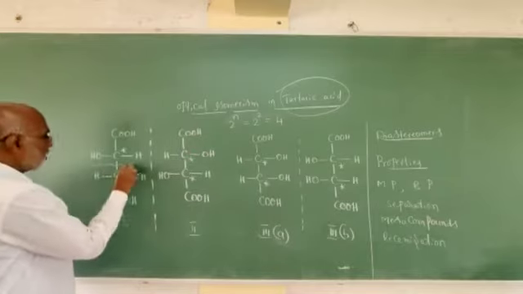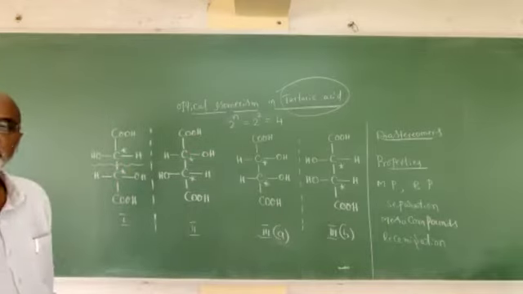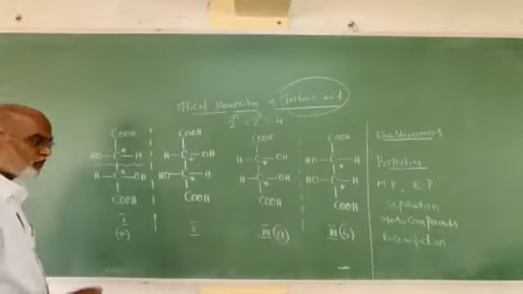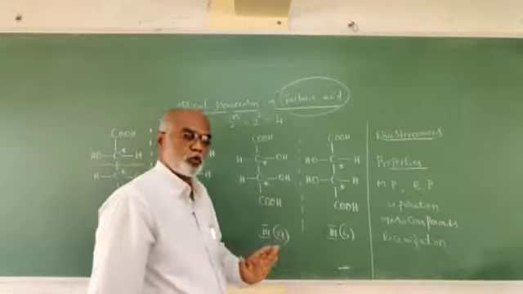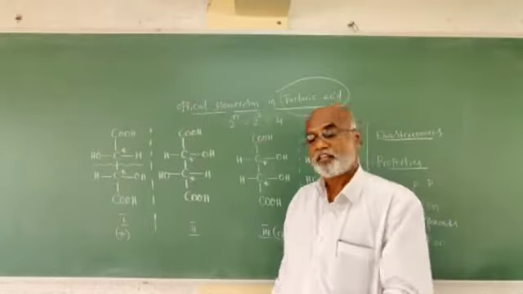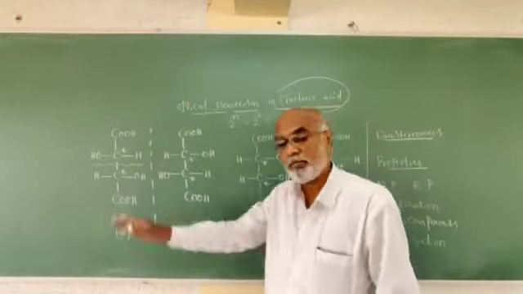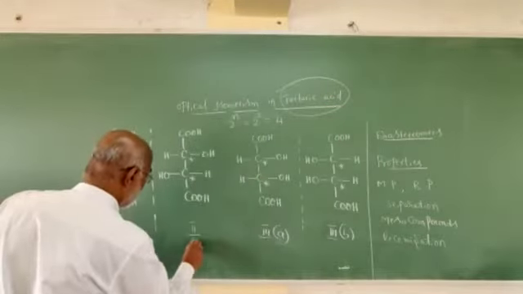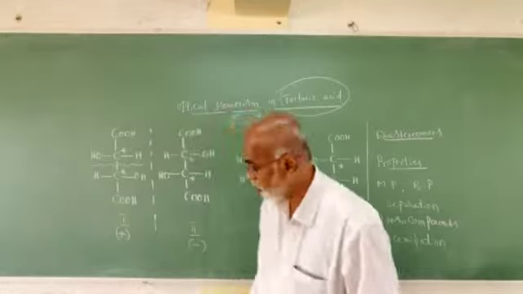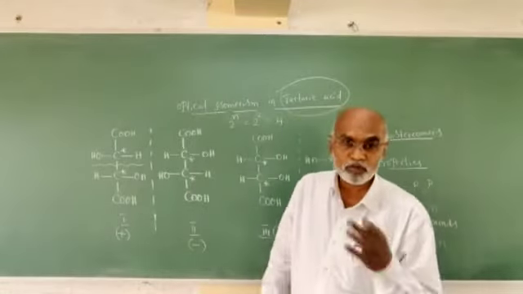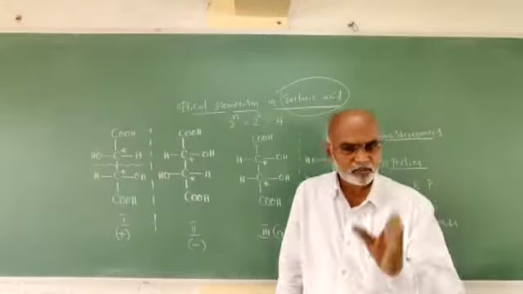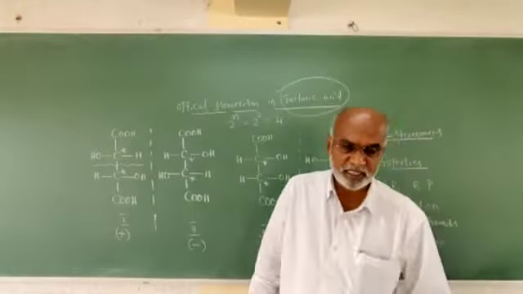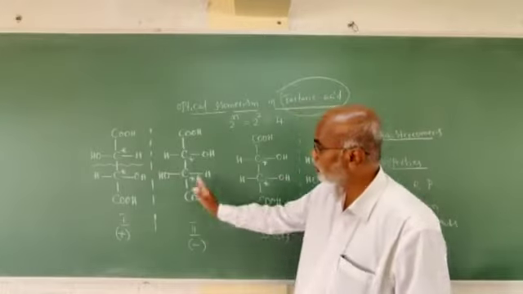The structure 1 is actually active because of the absence of plane of symmetry. Let me take it as something like dextro. So, since your structure 2 is a mirror image of structure 1, when structure 1 becomes dextro, then structure 2 is inevitably levo. So, structure 1 and structure 2, both of these two are optically active because of the absence of plane of symmetry. As a result, structure 1 and 2 can be represented as enantiomers, which are nothing but